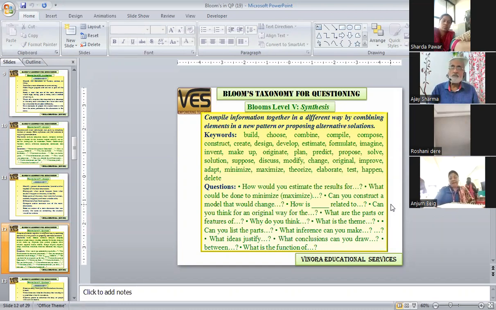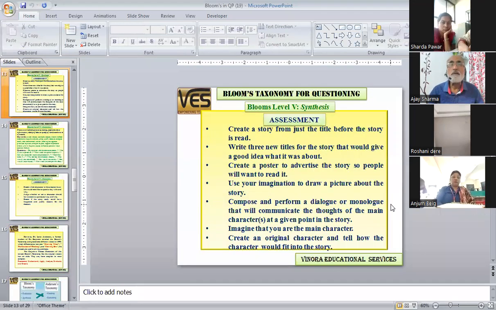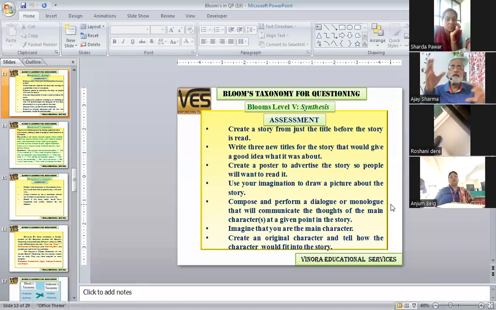What conclusion do you draw from the above story? That may also be the question। So these are the synthesis ones। And the last one, assessment, मैंने अभी बता दिया। Create a story from just the title। एक मैं आपको देता हूं टाइटल, अभी गुलिवर्स ट्रेवल का हमारा कॉन्टेक्स्ट में चल रहा है। I give you, शारदा जी अभी कुछ और बोलेंगे, बोलिए। नहीं सर।